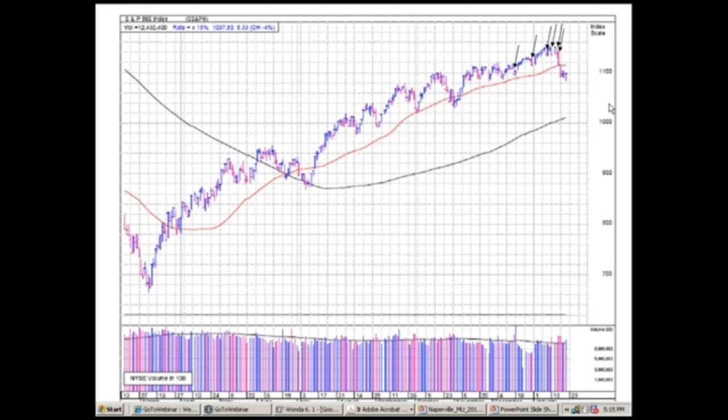Now, we do not know how low it will go, but we have some techniques to track it. At this stage, it has been under distribution. It's in a downtrend, and it remains in a downtrend until it proves that it can come out of it. And we never pay attention to the first or second day, and not normally the third day either, because any decline can have a bounce back for a few days.